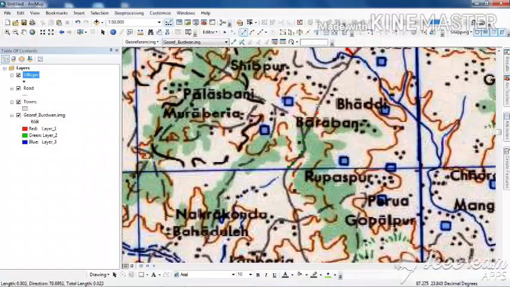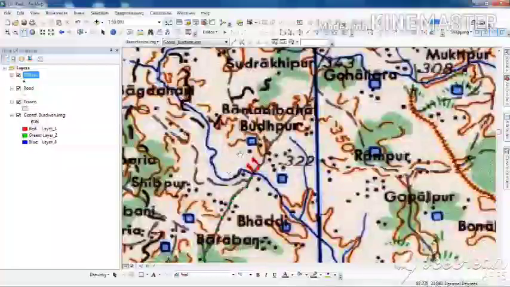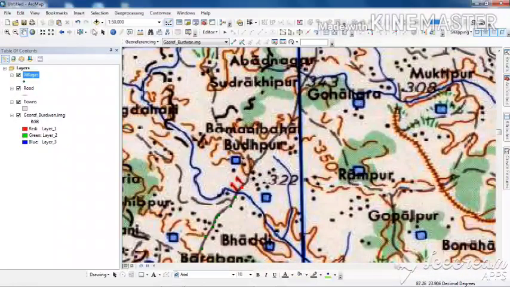I am following this line, you see, and digitizing by adding vertices. This is the pan tool. We will use it.